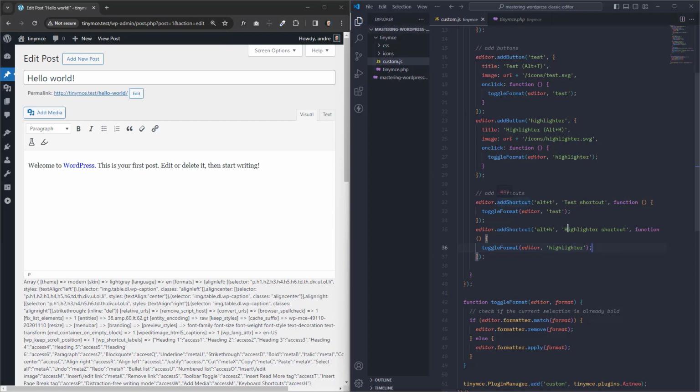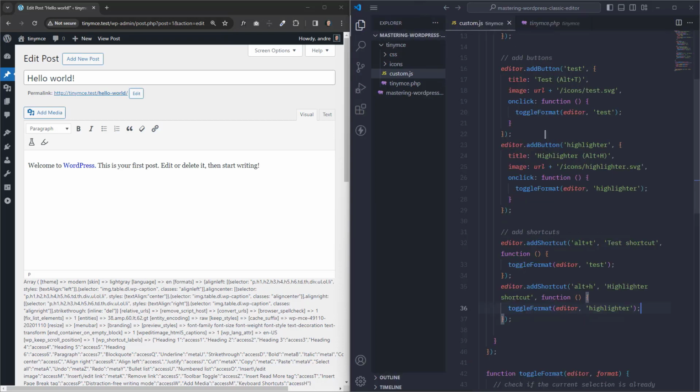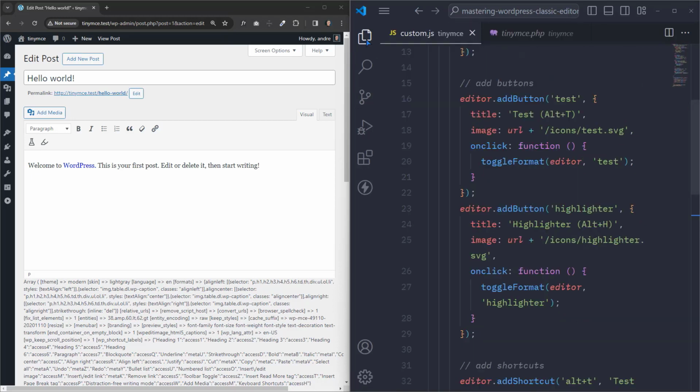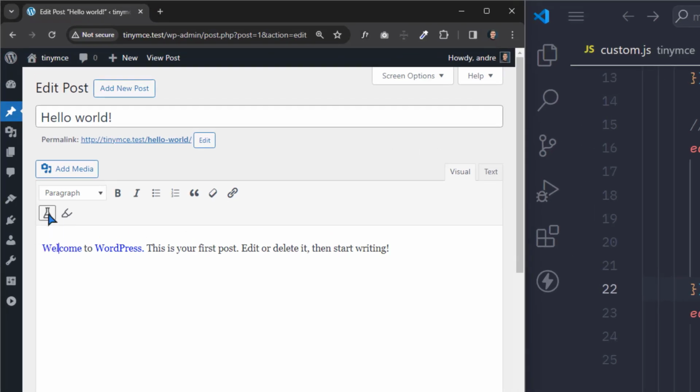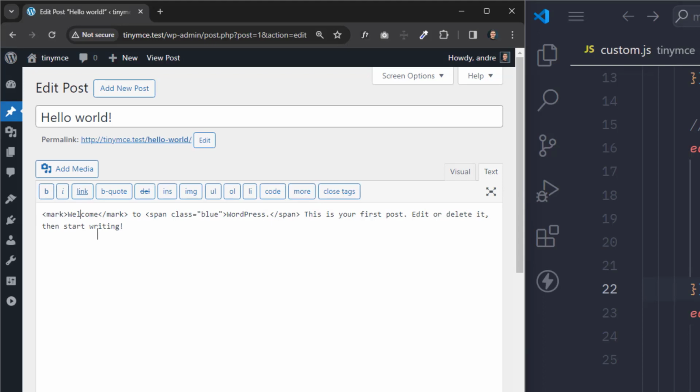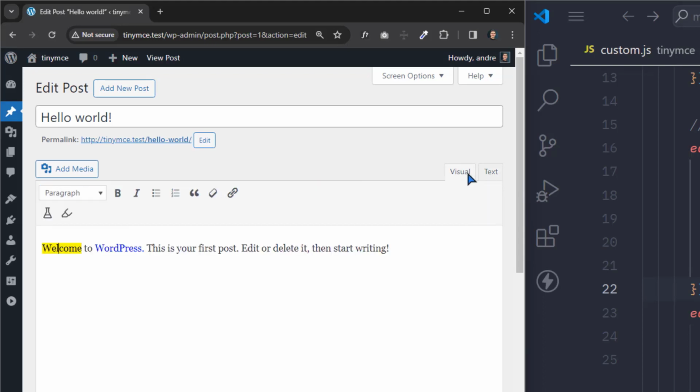I zoomed it out so I can see the whole code better, but let me zoom it in again so you can follow, being able to view it better. So now, after making these changes, let me refresh here, click welcome, it's working, and it's highlighting as well. If we check out here the text, you can see it's wrapping around the mark HTML tag, and it's working